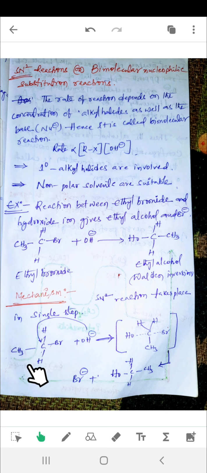So let us take ethyl bromide here. The nucleophile comes from this side. So this type of structure, OH and bromide. OH is the incoming nucleophile, bromide is the leaving group. That is the configuration we get. Finally, when we add the OH, the bromine leaving group departs, and we get CH3CH2OH. Ethanol is formed, bromide is formed here. So just practice this equation.